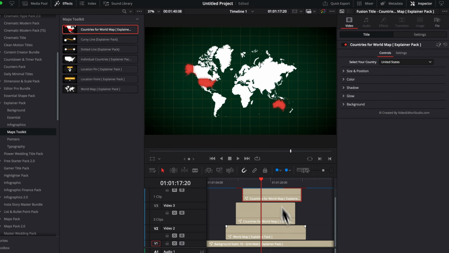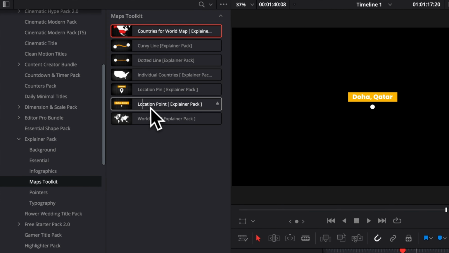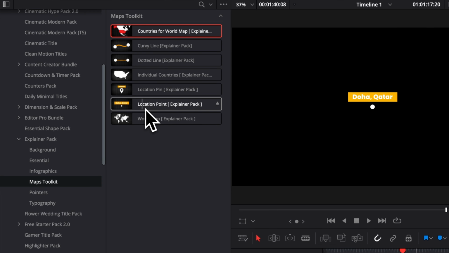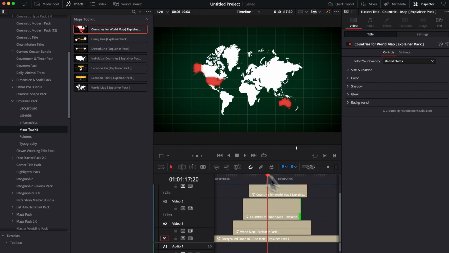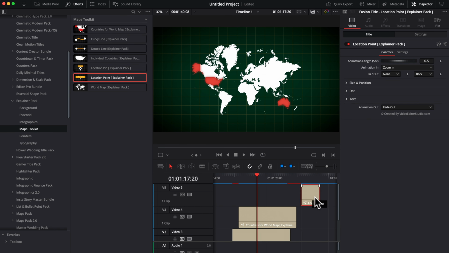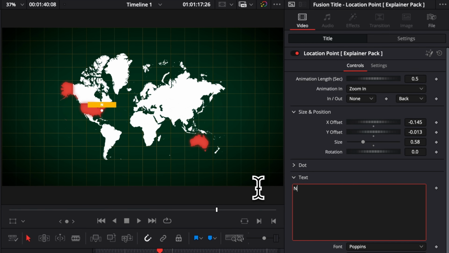We've added a few other tools that can be helpful in the map toolkit. You have two basically small callout pointers to display a city or to display some specific point on the map. So we have, for example, this one right here, which I think is my favorite. It's very simple, but it does the job very well. You can then reposition it, place it wherever you may need. And then here, for example, we can place it on New York,